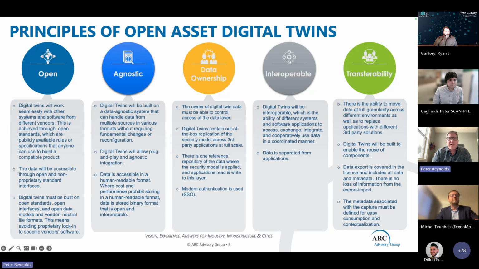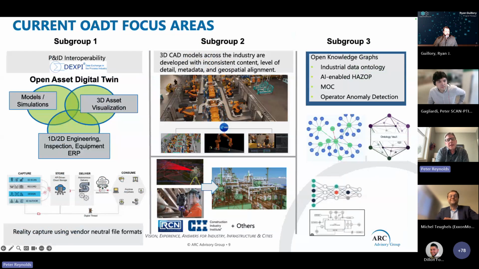But I just want to move on here quickly, folks. A little bit about where we are today as a consortium, as a working group. We have 3 subgroups today, and one of the subgroups is focused on the PNID interoperability layer and improving the accuracy and sustainment of PNIDs for both import and export, realizing that PNIDs are an important part of AI in the future as we start to add AI applications.